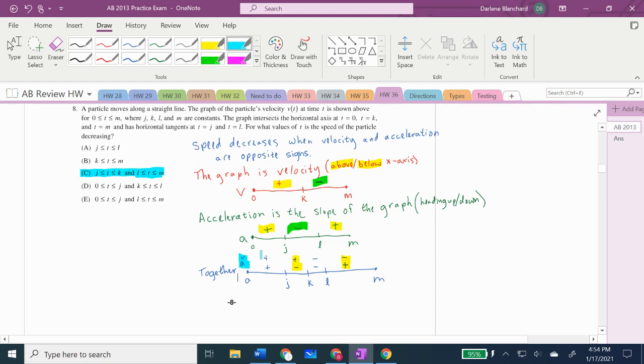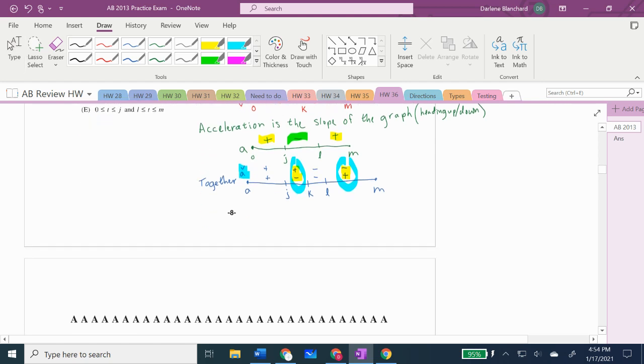If my speed is decreasing, then I am looking for where velocity and acceleration have opposite signs, which is here between j and k, and here between L and M, and that is why C is the correct answer. For number 9,